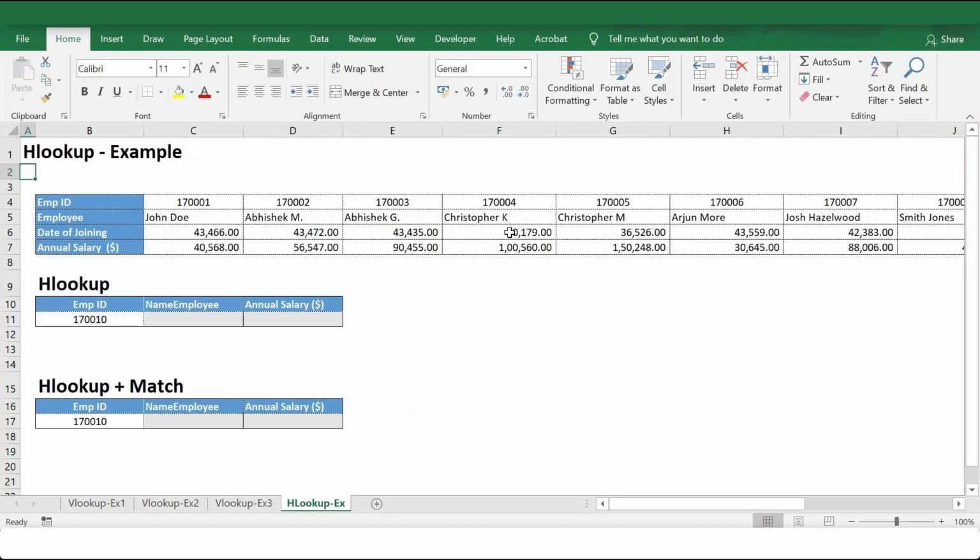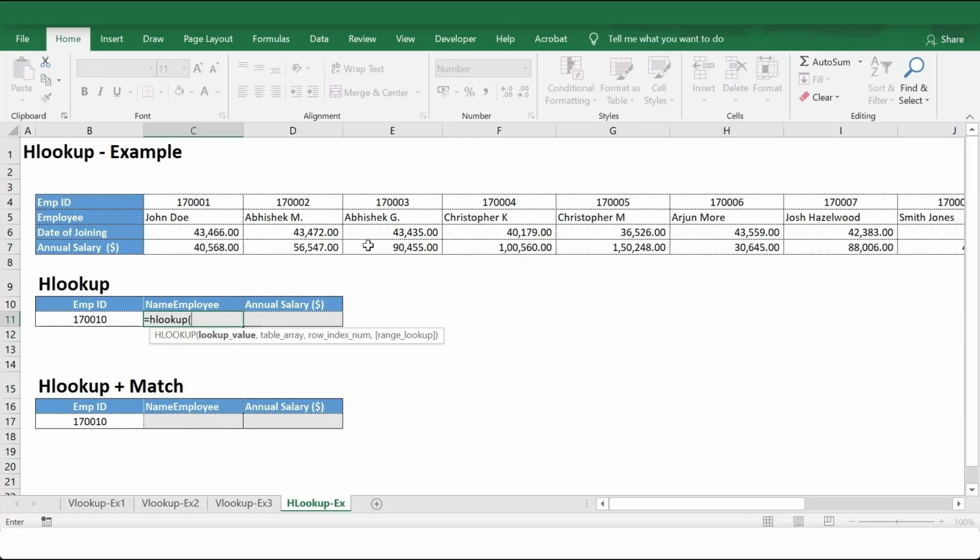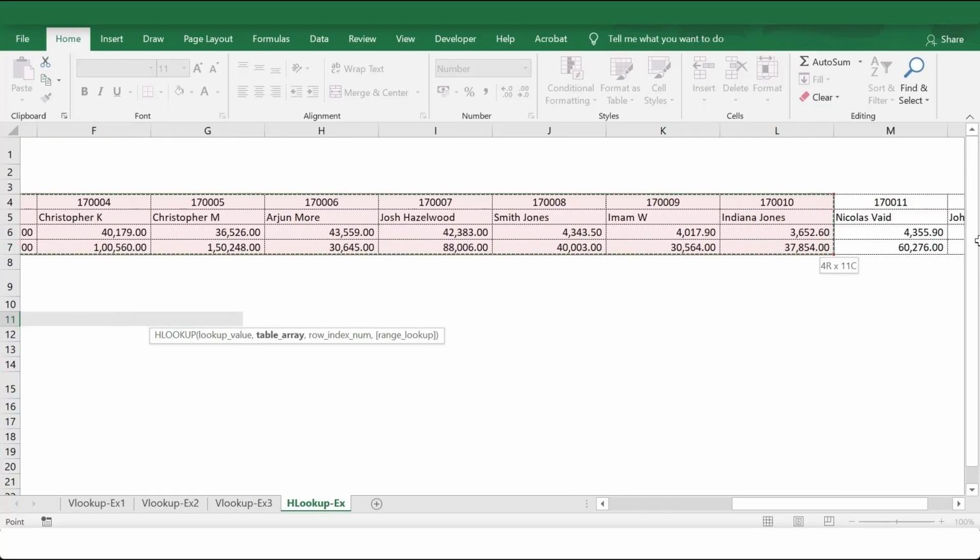Now moving to the second most used lookup function, the HLOOKUP function. HLOOKUP in Excel is a function to get the data from a table organized horizontally. That is why it is called the HLOOKUP function, horizontal lookup. It is very similar to the VLOOKUP function. The only difference is that in a VLOOKUP, the column is organized vertically, whereas in HLOOKUP, it is organized horizontally. So to use the HLOOKUP function, we'll type equal to HLOOKUP, bracket open, lookup value is the employee ID, comma, table, so we'll select the entire table,